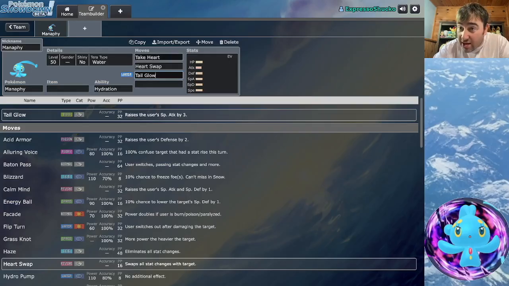And then there's Take Heart, which is an upgraded version of Calm Mind. This has the exact same effect as Calm Mind of raising the special attack and special defense 1 stage, but it also cures the user of their status conditions as well, which means if you're playing up against something that likes to burn things or poison them or paralyze them, Manaphy can just shrug that all off with Take Heart and just bada bing, bada boom, back and healthy, ready to go, and ready to take some names and ask